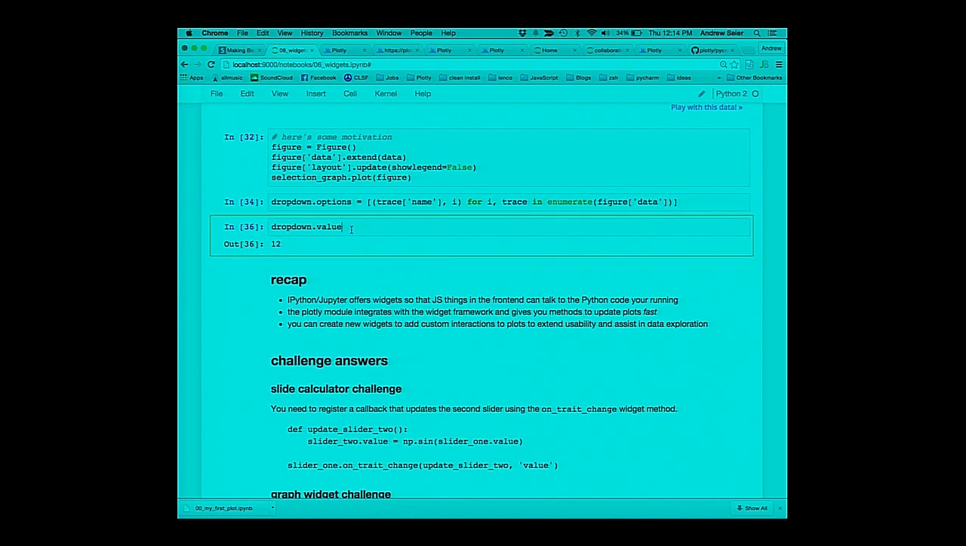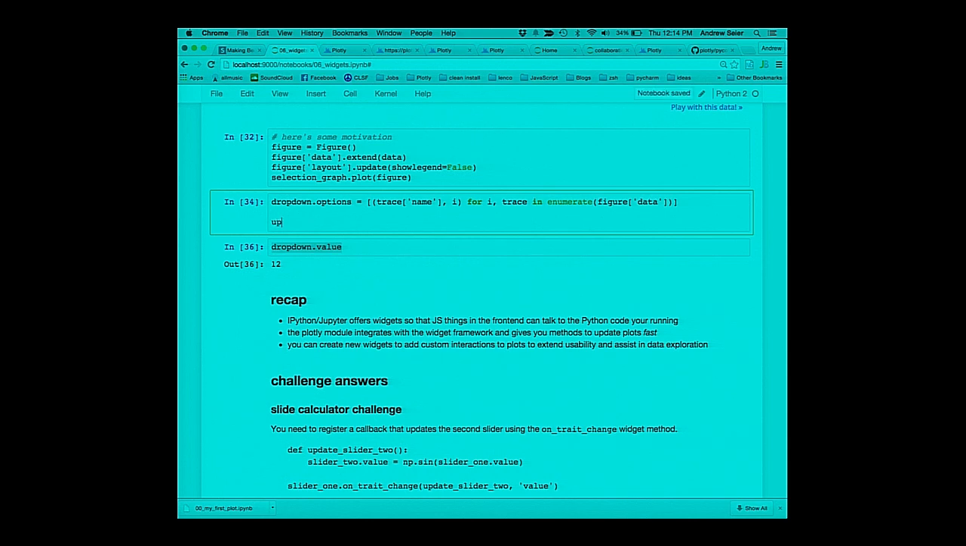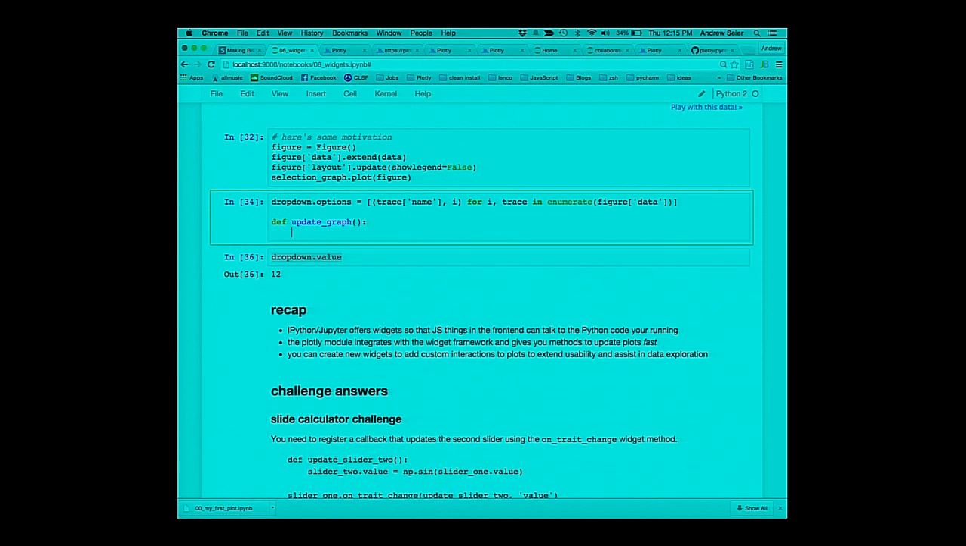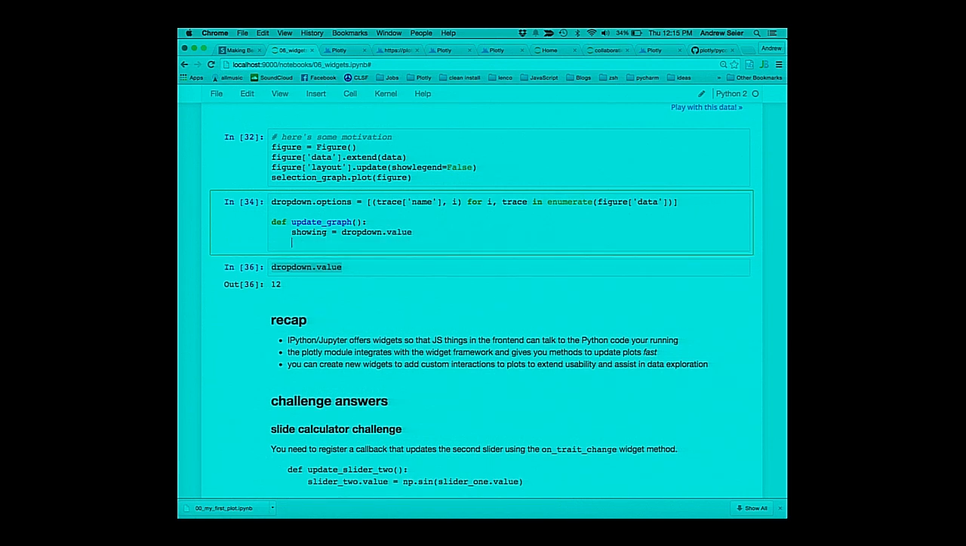Okay, it changes to 12. So we know what we can use to filter this. So not only will we do options, we'll set up an update graph. And that is going to, we need to set visible to false for everything else. So we'll do showing is equal to dropdown.value, which is the trace one. And then we'll do